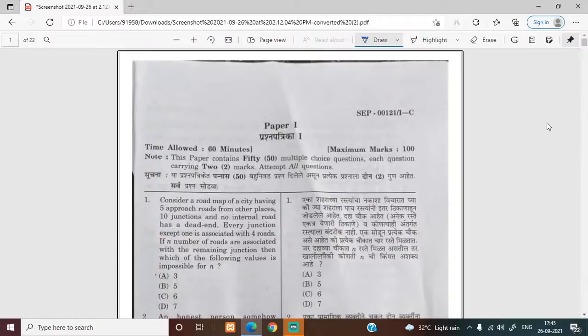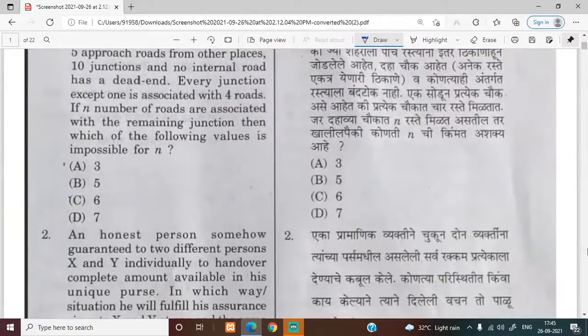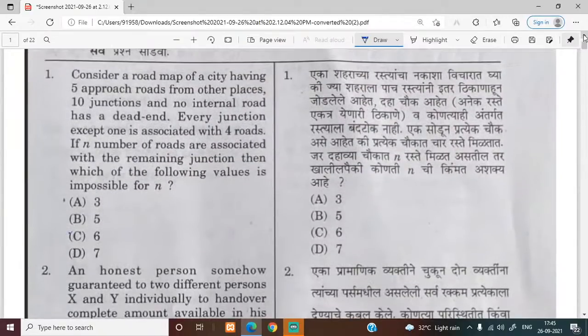Okay, so please let me know if my screen is visible to you all. Can we start with the session? We will be putting up the answer keys in Marathi as well. This is where we'll be discussing the questions in English. Let me know if we can start with the session. Okay,